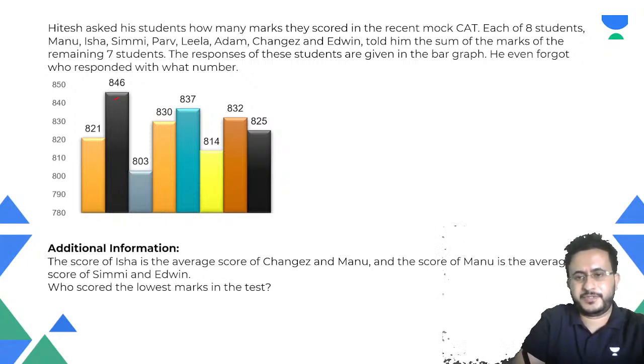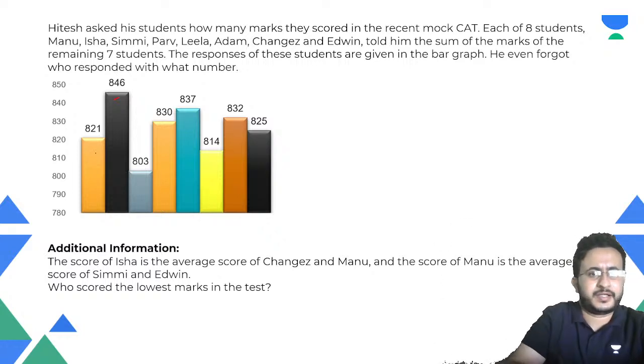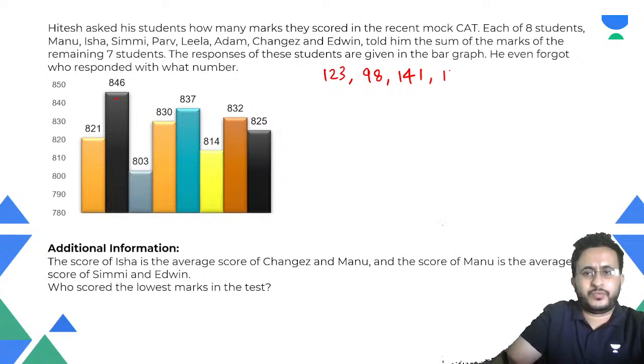So, if you see this, so first of all, let us write the marks. Okay, let's write the marks and then we'll get these. So the marks are 123. Okay. Then we have 98, then 141, 114, 107, 130,